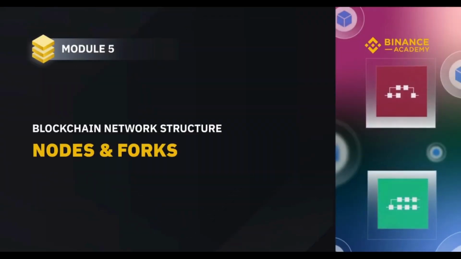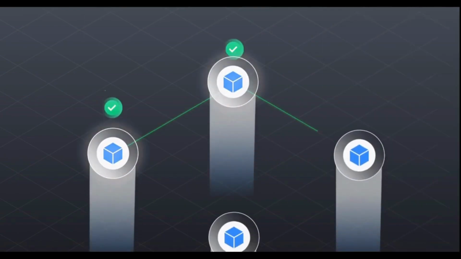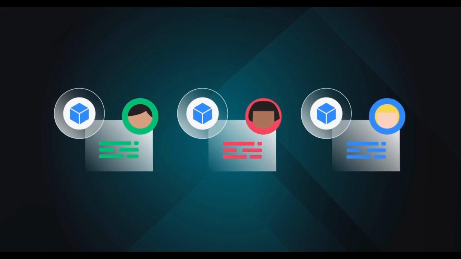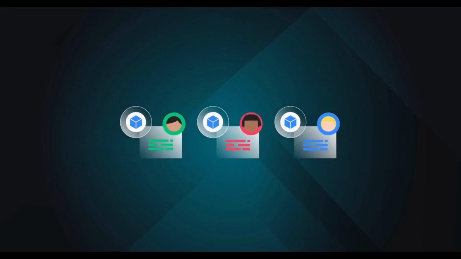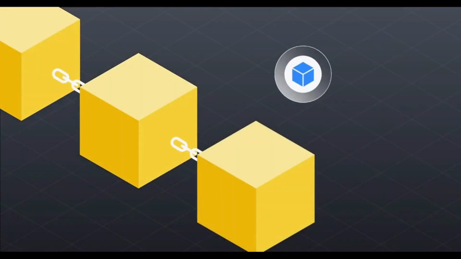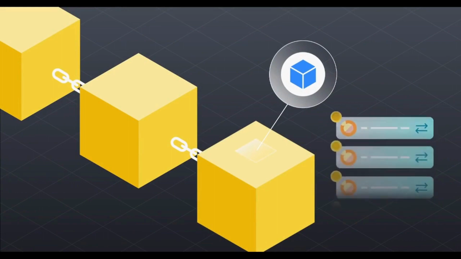In this module, we'll discuss the different kinds of nodes, blockchain network structure, and how conflicts are resolved in a permissionless setting. In blockchain systems, not all nodes are the same. Under the broadest definitions, any machine that interacts with the network in some way can be considered a node. So far, when we've talked about nodes, we've been discussing full nodes, nodes that have a full copy of all